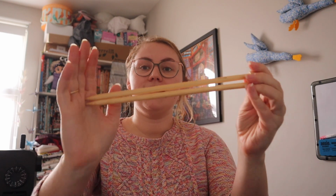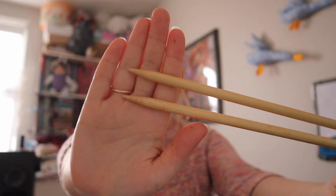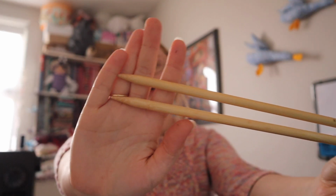Well, the first and main difference is that knitting uses two needles, so they are pointed on one side. You need two of them, and all of the stitches are kept on both of these. Knitting is usually more floaty, it can be more stretchy. It's not as dense as crochet,